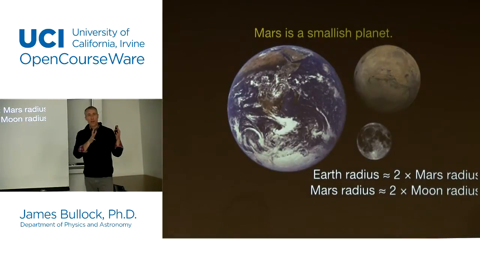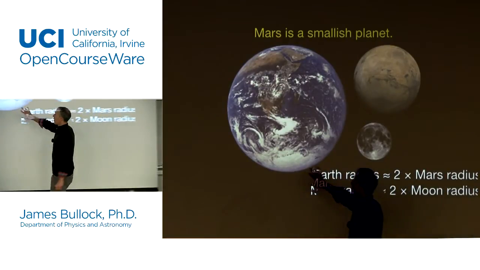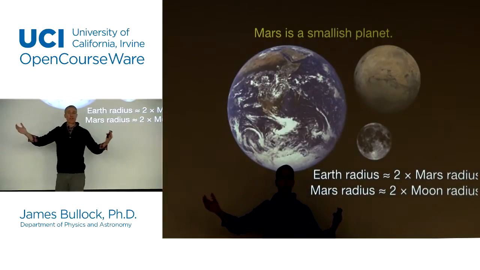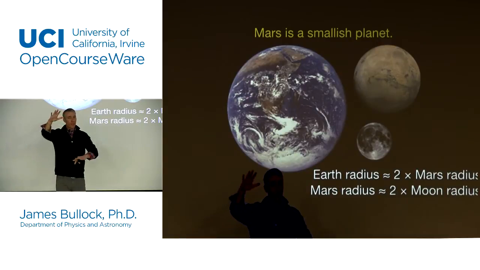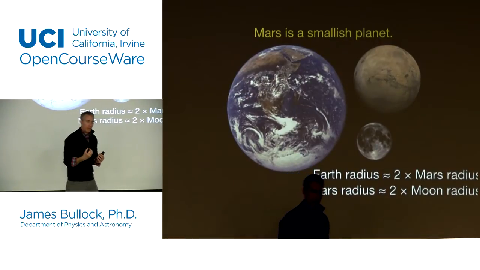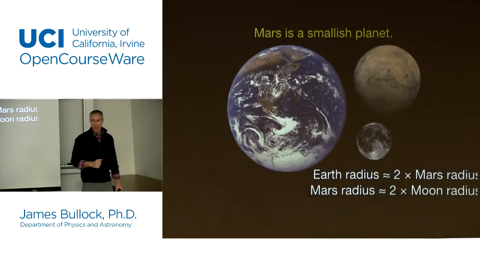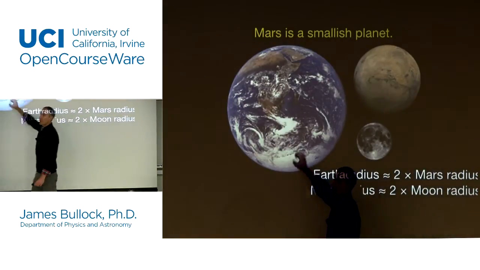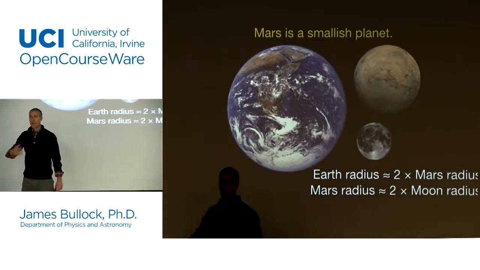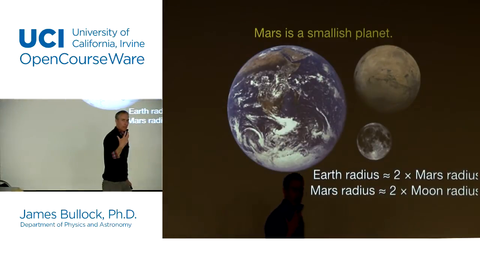You have a solar wind from the sun, charged particles coming along. If a planet has a strong magnetic field, those charged particles can be deflected by it. Sometimes they train in along the poles, but mostly they're just deflected off. But if you don't have a strong magnetic field, those charged particles from the sun can effectively just blow the atmosphere off. That's another reason why we think Mars has less of an atmosphere today than the Earth. Mars is small, it's lost its molten core, it's lost its magnetic field, and has had its atmosphere blown away.